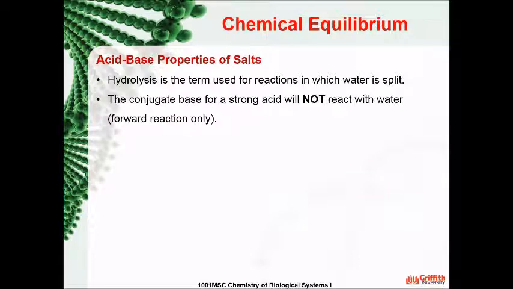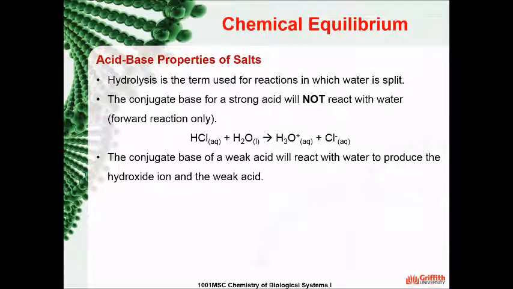The conjugate base for a strong acid will not react with water, and the reaction will proceed in the forward direction only. For example, HCl plus H2O gives H3O+ plus Cl-. On the other hand, the conjugate base of a weak acid will react with water to produce the hydroxide ion and the weak acid. For example, C2H3O2-